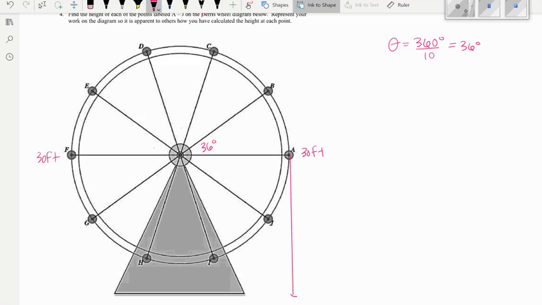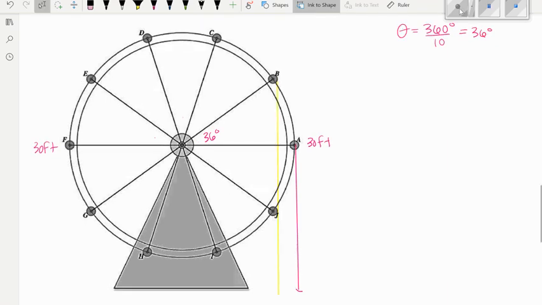So how can I find the height of B? Again, because they told us we're going to use right triangle trig, see if you can pause the video to figure out what the height of B would be. Here we're trying to figure out what the height is from B all the way down to the ground. So if we look at this triangle right here,